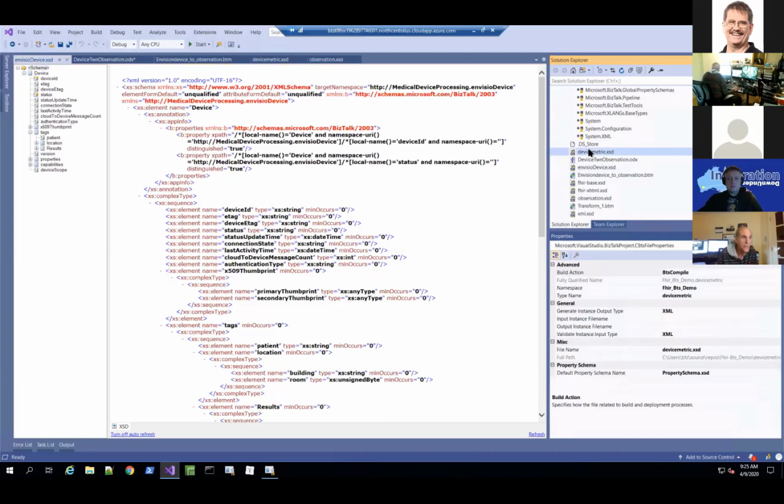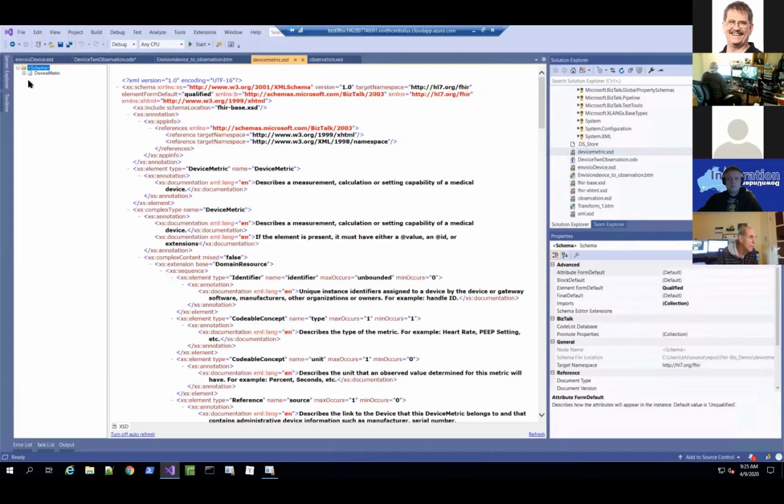I need the device metrics. So this is basically what the device is programmed as in here. So in order to take this and map it to an observation, I need basically pulling it from 2 different